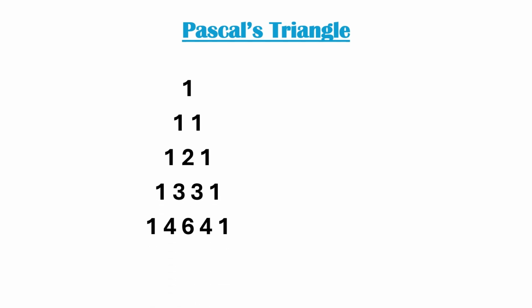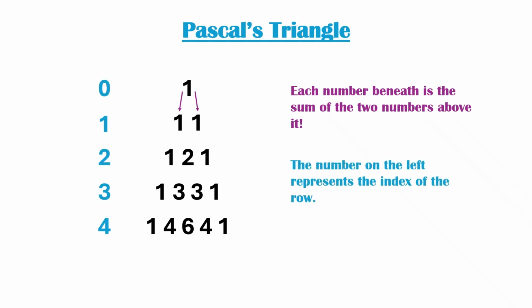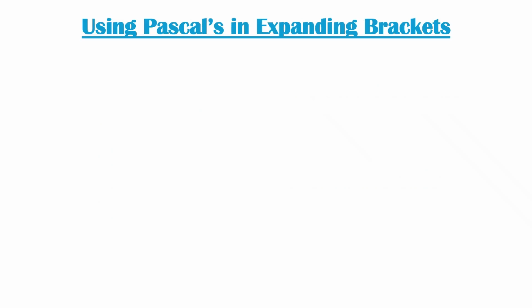To understand binomial expansion, you first need to know how Pascal's triangle works. We first take a single one. This is our first row. Then this splits apart into 2 ones. 1, 2, 1, 1, 3, 3, 1, 1, 4, 6, 4, 1, and this continues forever. If you take a look, every number is the sum of the 2 numbers above it, and we count non-numbers as 0. Let's introduce the indexes of each row. I will show you why you need them in a moment.